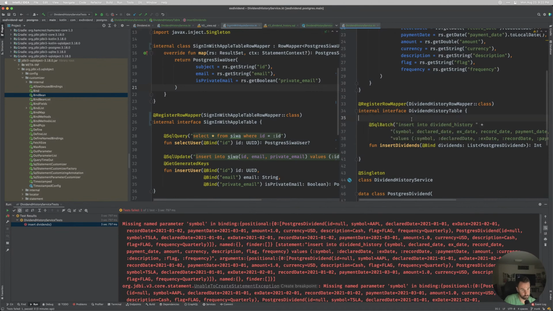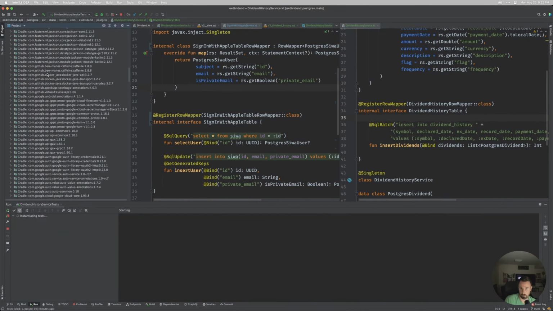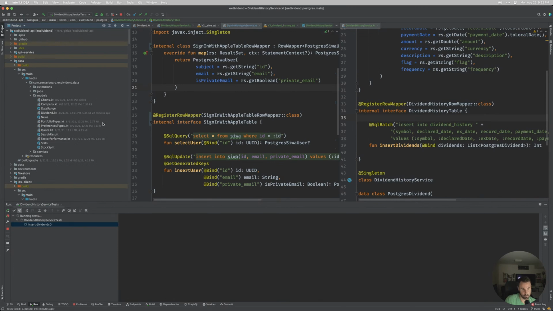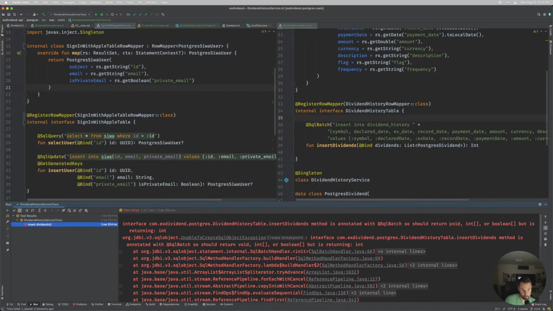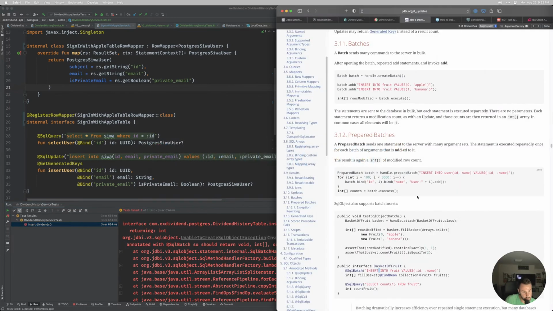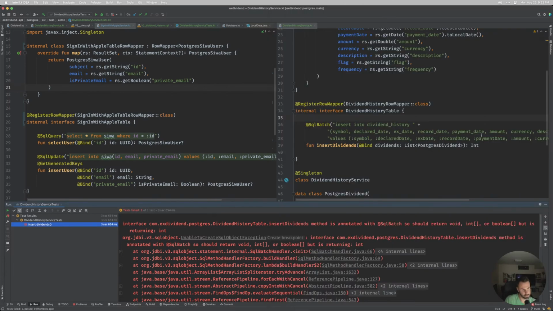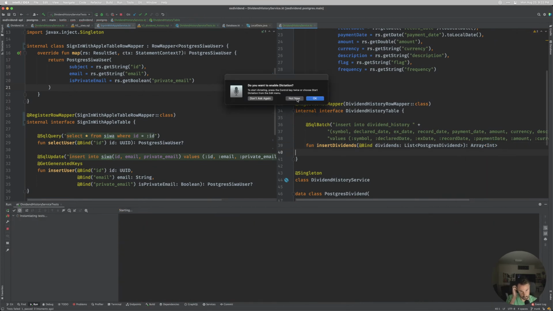SQL batch. I shouldn't need bind bean though. That's not exactly what I want, but so it should return void, int. Why does it return an array of int? I don't know, but